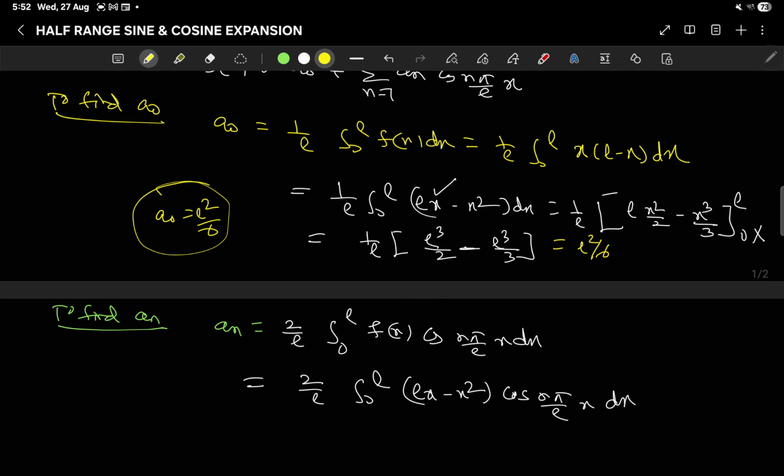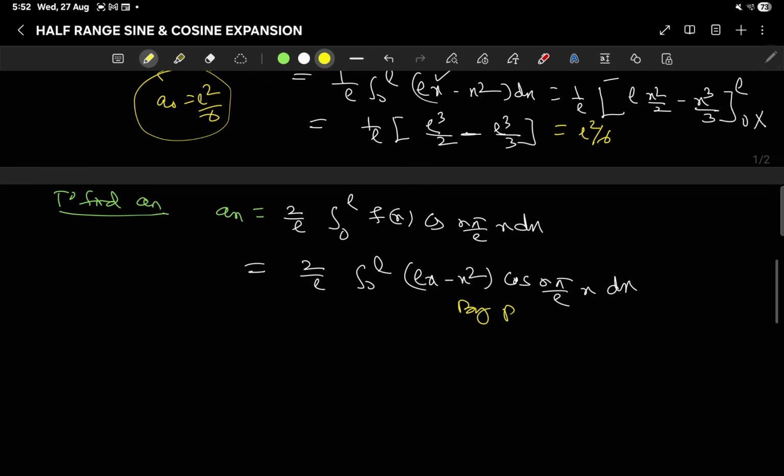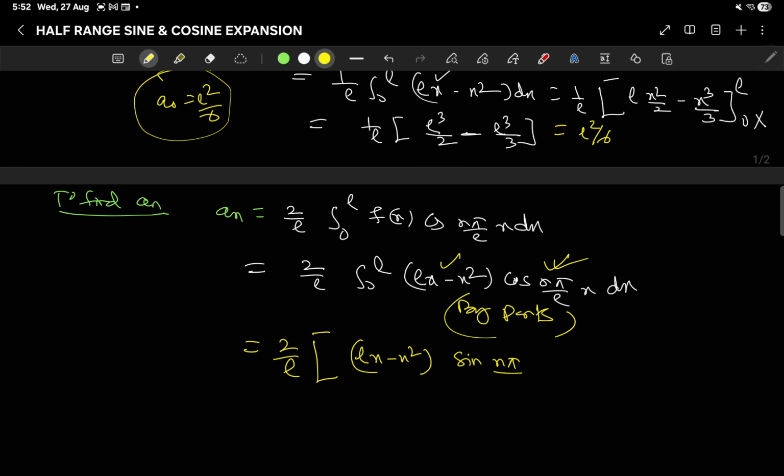So we apply integration by parts rule here, so that will be 2 by L, first function (Lx minus x square), integration of cos(n pi x by L) is sin(n pi x by L) divided by n pi by L,